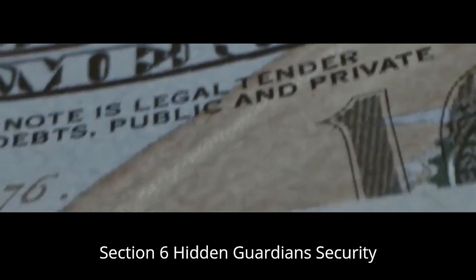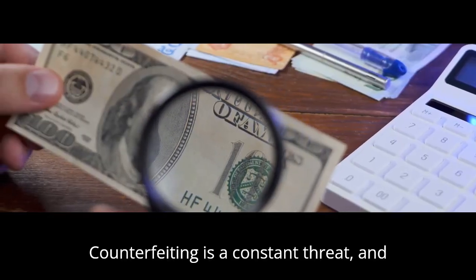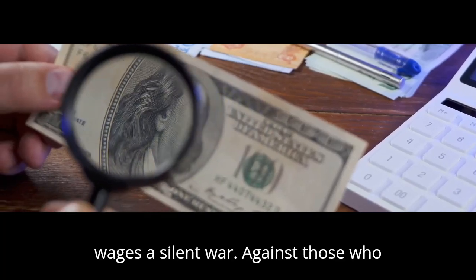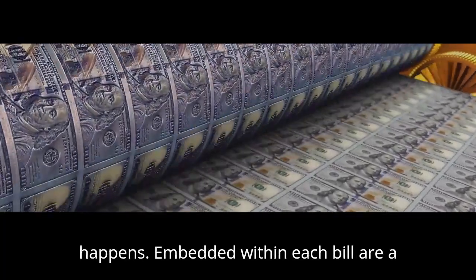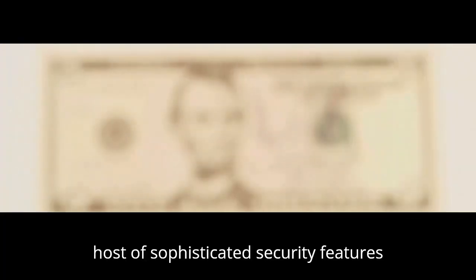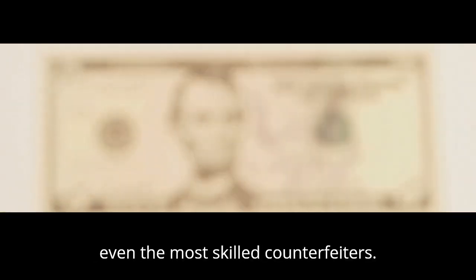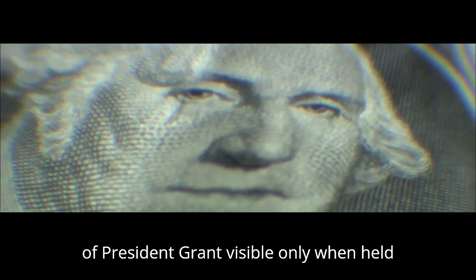Section 6. Hidden Guardians, security features that thwart counterfeiters. Counterfeiting is a constant threat, and the Bureau of Engraving and Printing wages a silent war against those who would undermine the integrity of the dollar. That's where the real magic happens. Embedded within each bill are a host of sophisticated security features hidden in plain sight, designed to deter even the most skilled counterfeiters. Consider the watermark, a ghostly image of President Grant visible only when held up to the light,